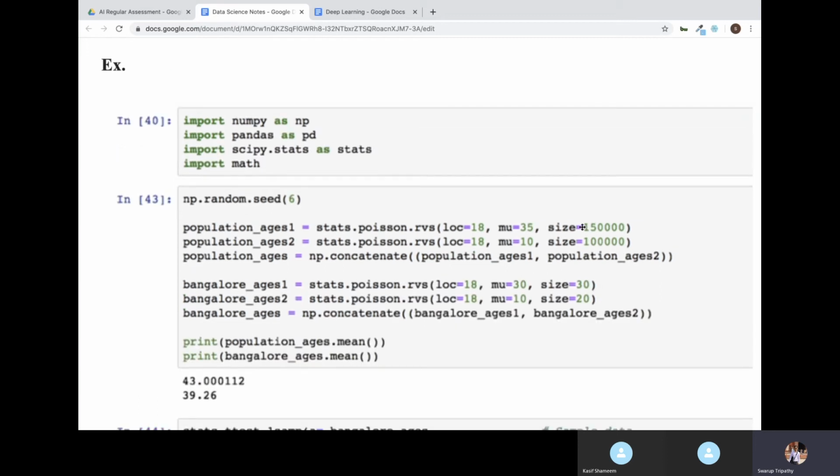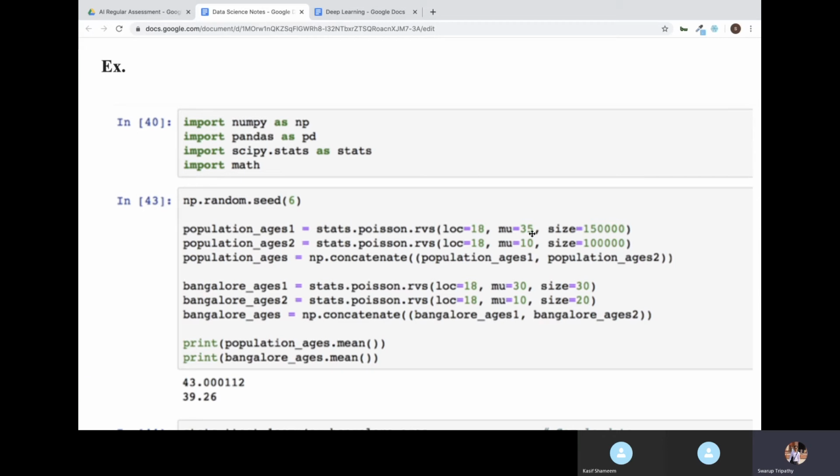Then I'm checking the mean of both the records. So here I see there is a little bit of difference between the means. To understand how significant the difference is, we will do hypothesis testing on this. By default, the null hypothesis says that there is no significant difference between the data, both are the same. So we will do the test and see if the data has some kind of significant difference, or the data is the same.